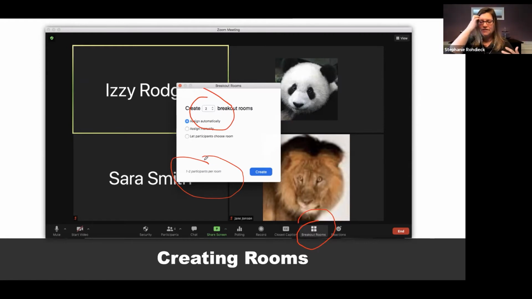So what I will be doing when I set you guys up is I know I want 6 groups. So I'm going to go up to 6, and I'll get a sense of whether that works, depending on how many people there are today. If I only have 1 or 2 people in a room, that means I have too many. So I'll knock it down to 5, and then it will probably end up being 2 to 3. So that's how you adjust this when you're doing it automatically.